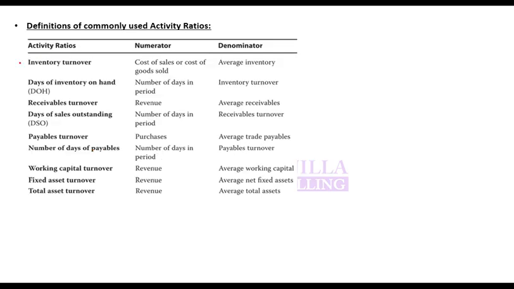In activity ratios, we have inventory turnover. Turnover generally means some kind of sales, either sales or cost of goods sold, and will generally come in the numerator. So if it is inventory turnover, it means inventory, which is an asset, in the denominator, and some kind of sales in the numerator. Inventory is valued at cost, so the numerator should also be cost of goods sold.